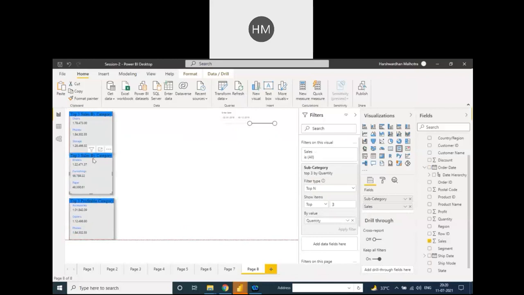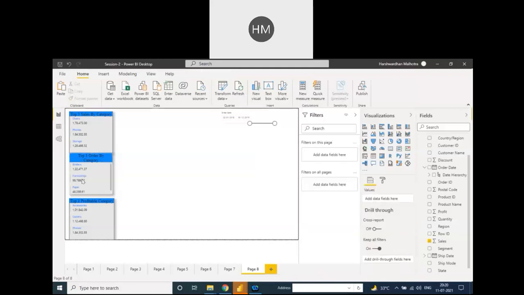you need to change this heading also, like the title: top three quantity ordered by category. Okay, like binders, furnishings, and papers. These are the cards, these are multiple categories.